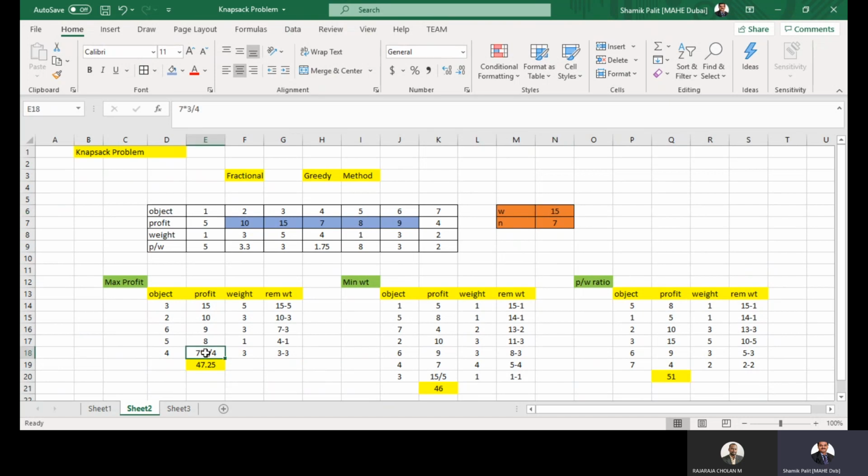So ultimately what profit are we taking? We are taking a proportion of the profit. In this case, we are measuring the profit in the following way. 7 was our profit. I cannot take that profit. I can only take the profit of 3 kilo. So what is the profit of 3 kilo? 7 star 3 divided by 4. So this is the profit for 3 kilo. Ultimately we add all the profit together. Sum of the profit is 47.25. So this is one of the solutions of the knapsack problem, the fractional knapsack problem using a greedy method, and we have employed the technique called maximum profit.